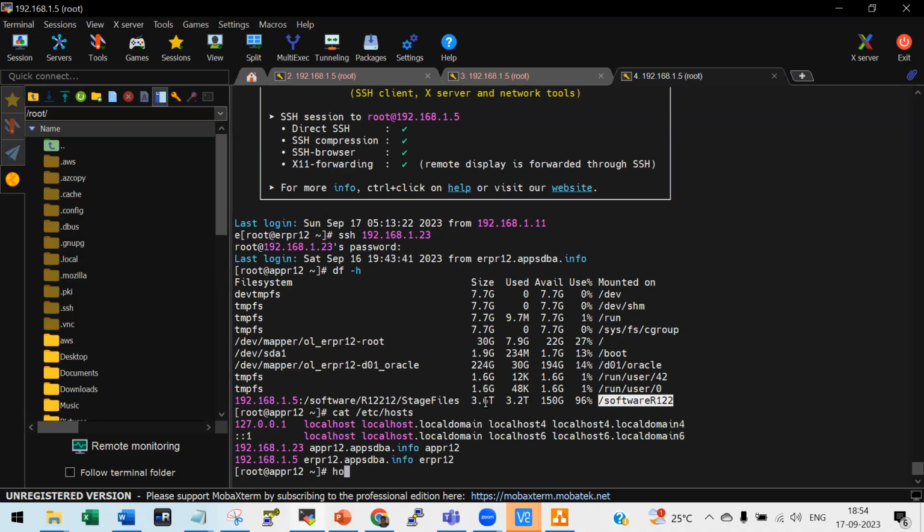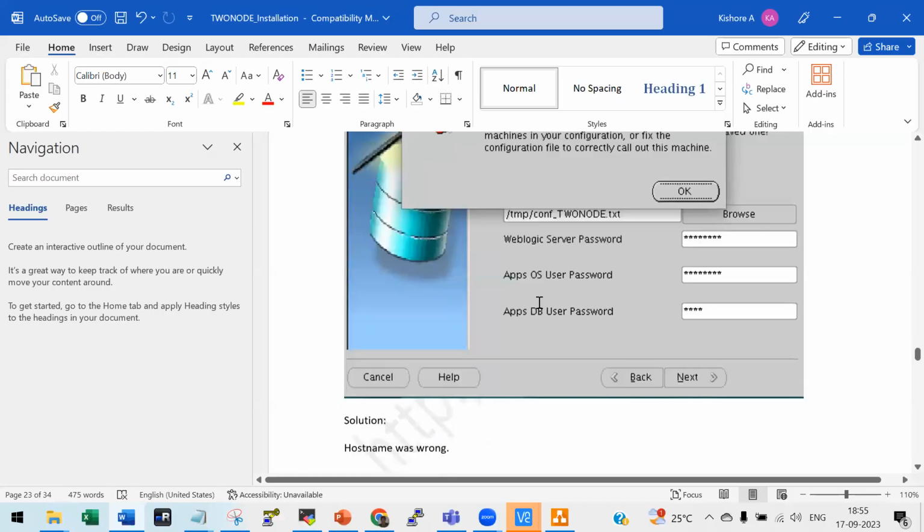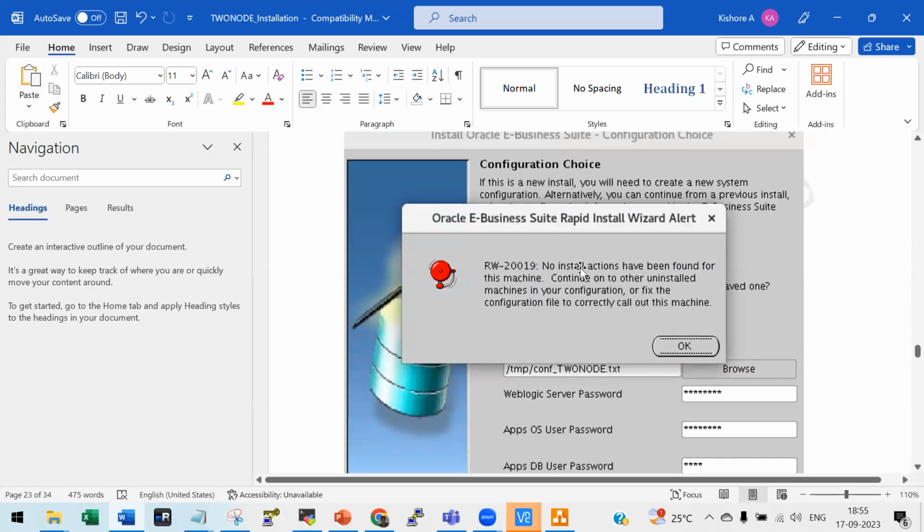So the host name, what is the host name, and the entry here was wrong. So that's why it was not picking up. So once I fixed it, it moved forward, and then you can move forward